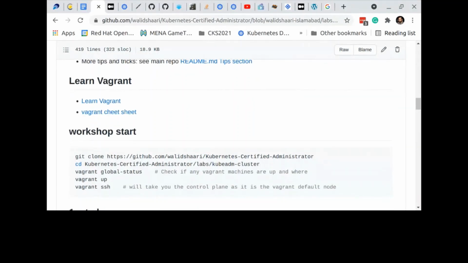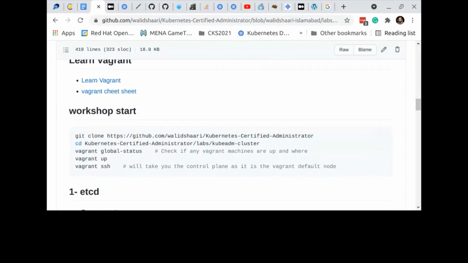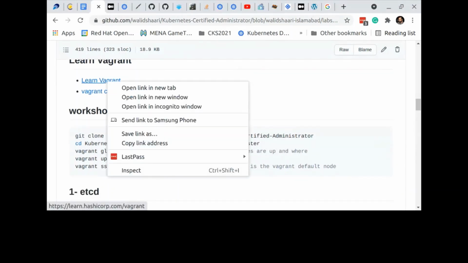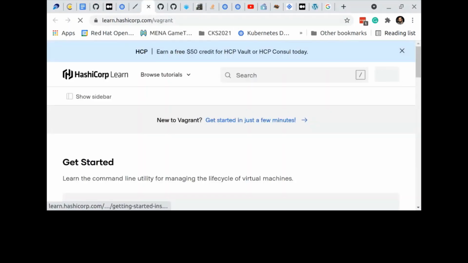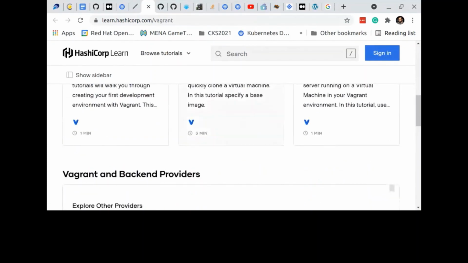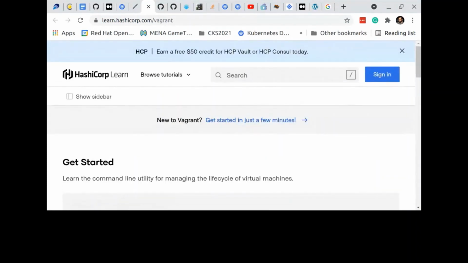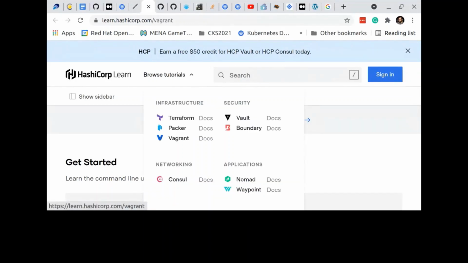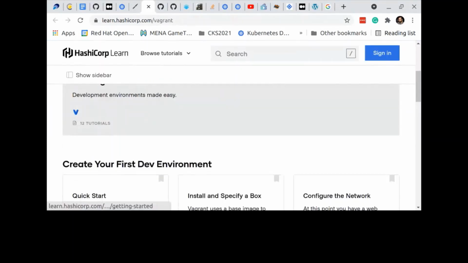Okay, if you are not familiar with Vagrant, it's very easy. It's from HashiCorp. Any tool from HashiCorp is worth learning. I put here a Learn Vagrant link. HashiCorp has a Learn website. Let's go to it quickly. I'm already over my time, just showing the introductions. So here, basically, this is a site from HashiCorp where you can learn lots of tutorials: Terraform, Packer, Vagrant, but we're interested in Vagrant now.